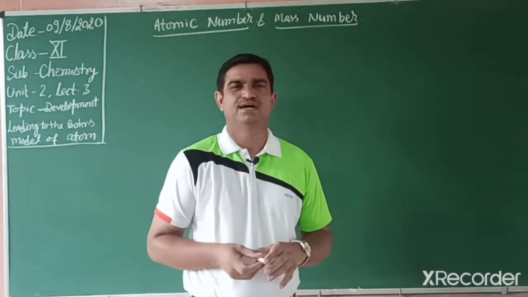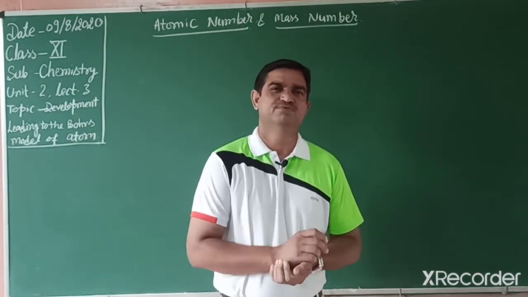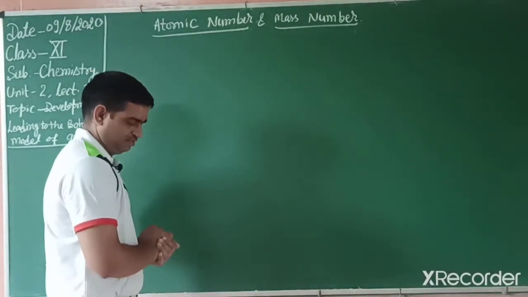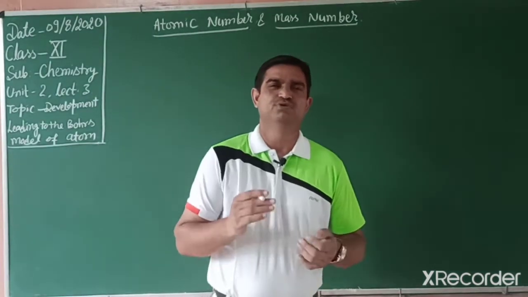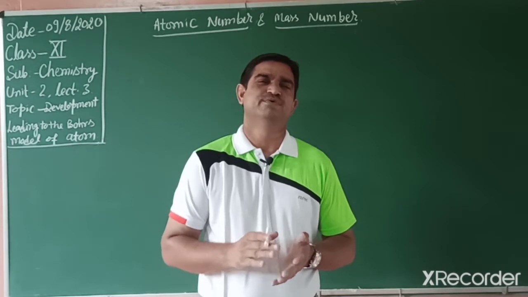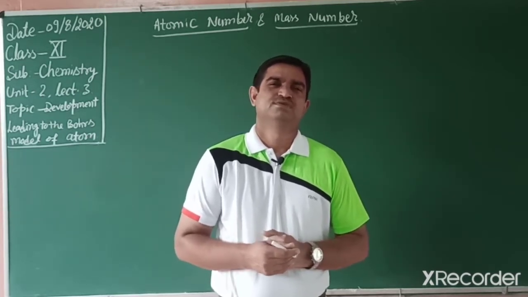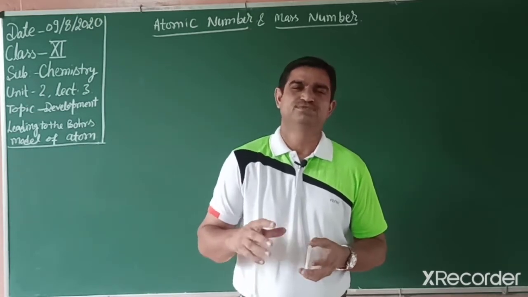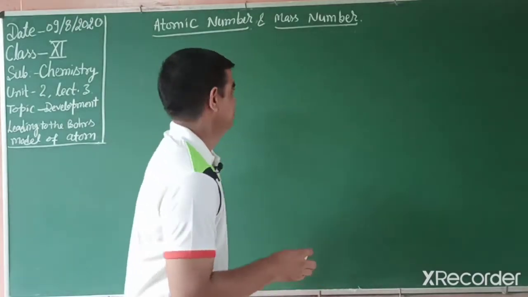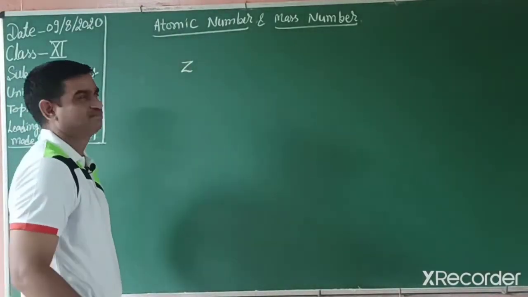Students, in 9th class we already know what is atomic number and mass number, but now we make it more clear. Like in our school, in class there is a fixed roll number, students. In school there is an admission number. That admission number is a unique number, and in a similar way atoms also have a unique number that is known as atomic number, and that atomic number is represented by the symbol Z.